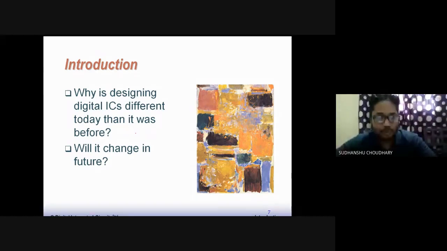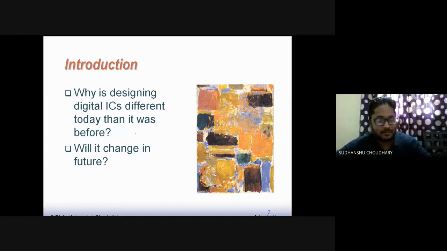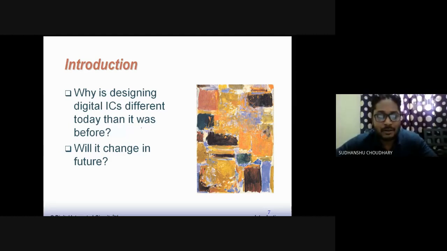So for example, when you go to the market and purchase a laptop or computer, you say that I want a system which has a very high clock speed, maybe 3 gigahertz or 4 gigahertz. And in the market, you will find there are no systems with a speed greater than, I think, 3 or maybe 4 gigahertz. You won't find a microprocessor or a laptop with a processor faster than 4 gigahertz. 5 gigahertz and 6 gigahertz microprocessors don't exist. There is a reason why they don't exist, and to overcome this, that is, you cannot raise the speed.